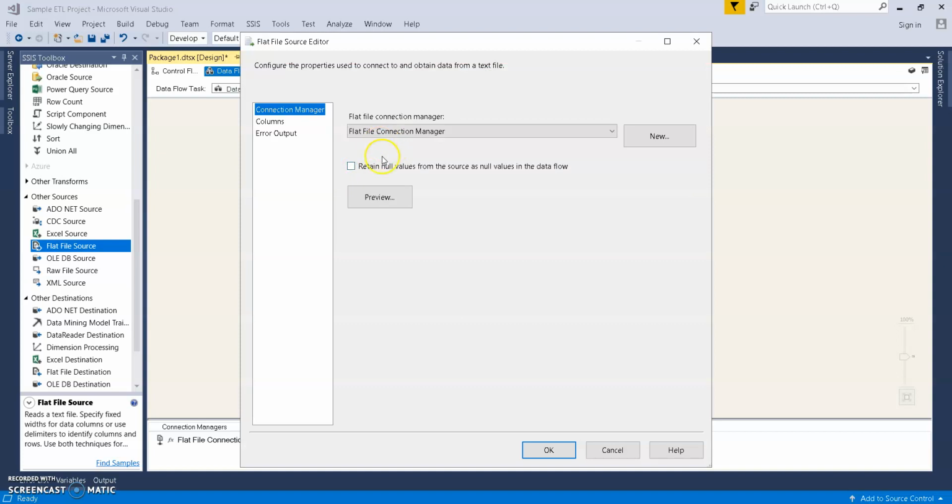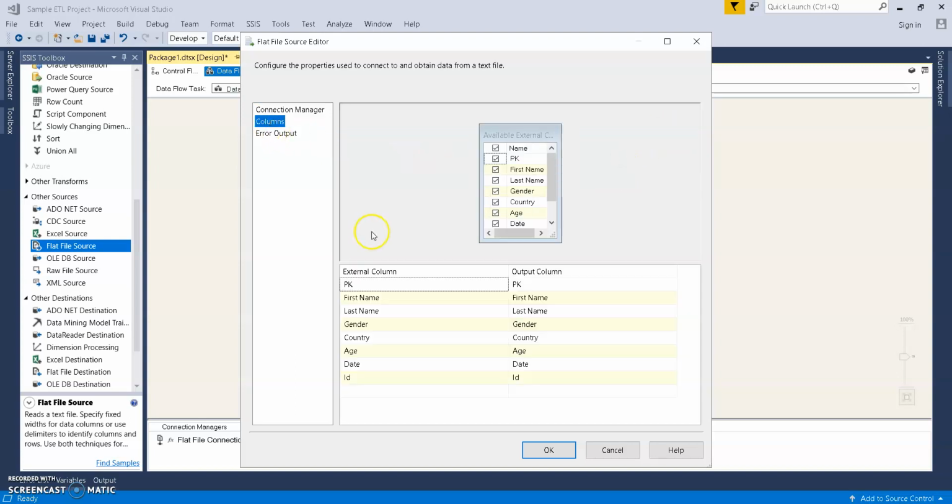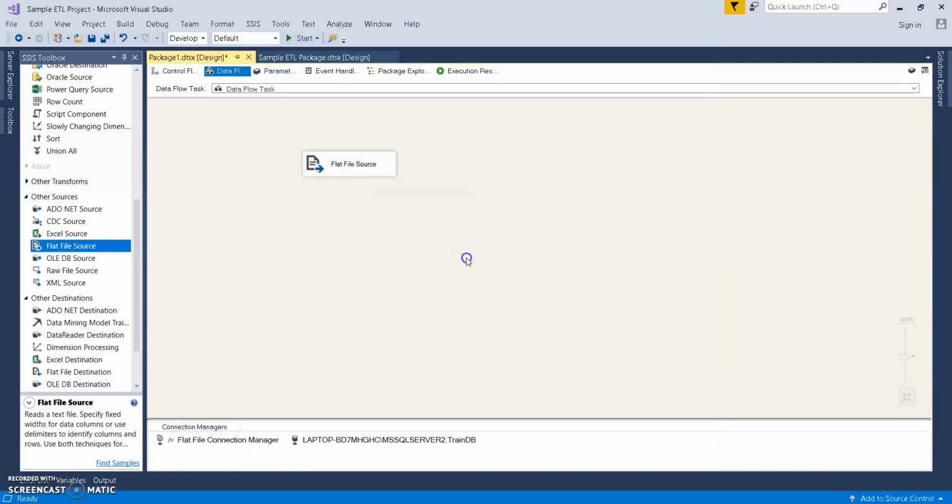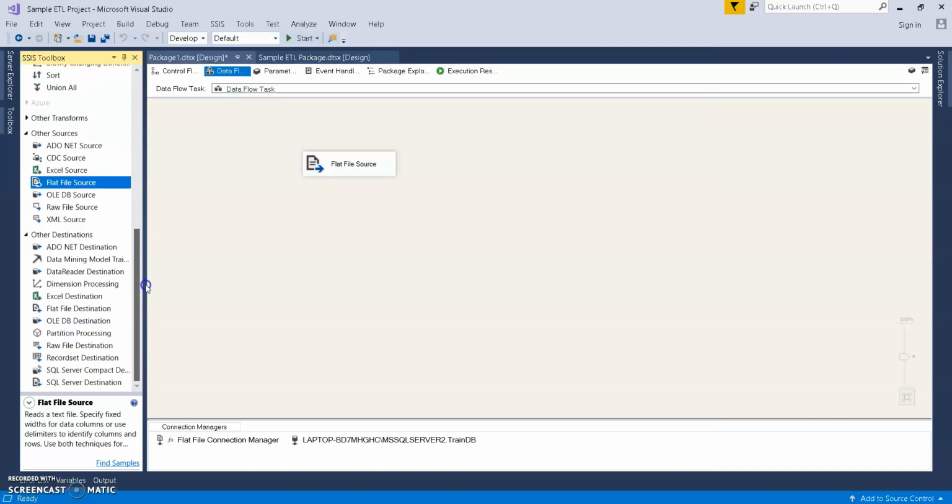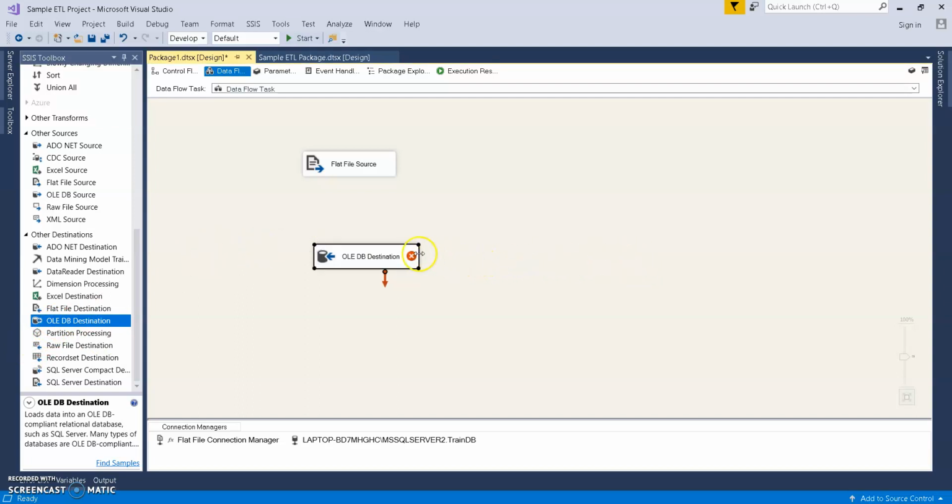I already created a flat file connection manager here, so I refer to that connection manager name here, or otherwise we can create a connection manager by clicking new. In columns, these are the columns in the flat file. Okay. Next we need to place a destination, an OLEDB destination, and I create a link between the source and the destination.